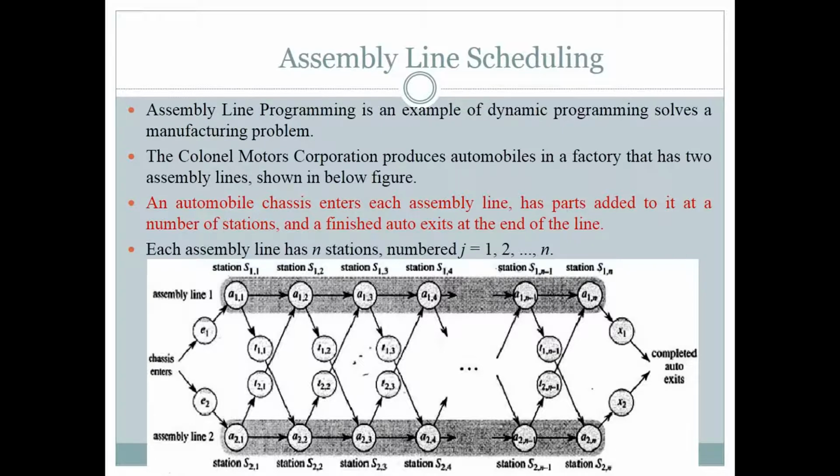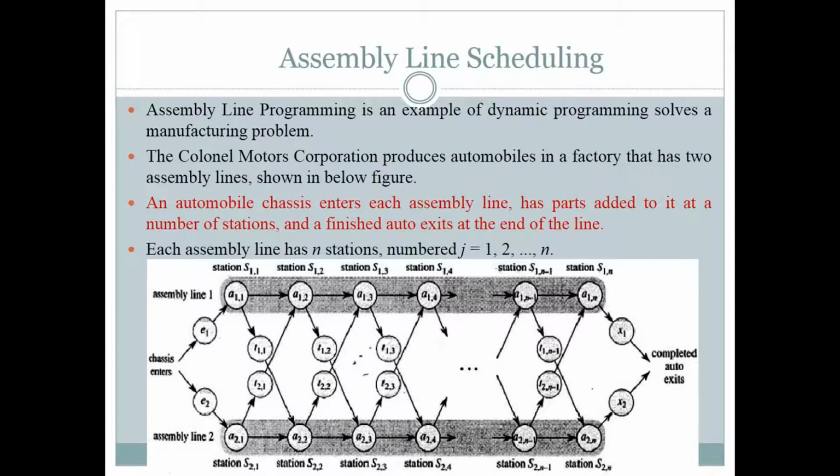If we assemble any automobile in a factory, then that automobile can be assembled in many ways, or we can say many stations can assemble the same part. So that is the main problem in manufacturing, that we have to follow with each part to manufacture our automobile.